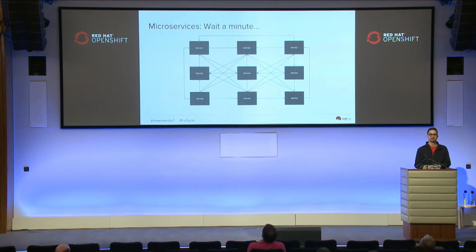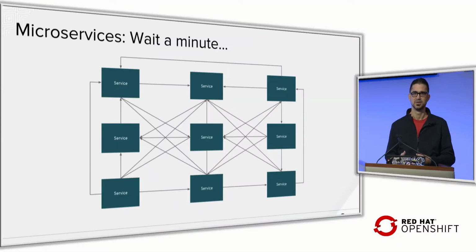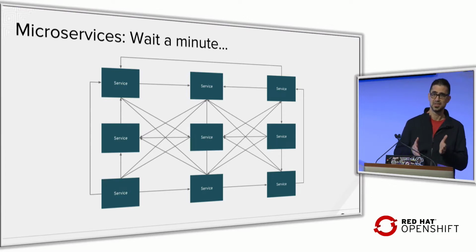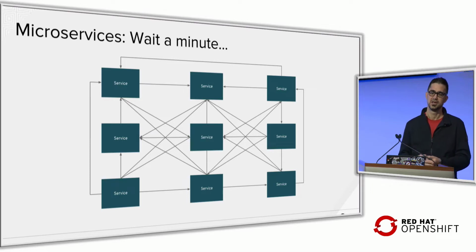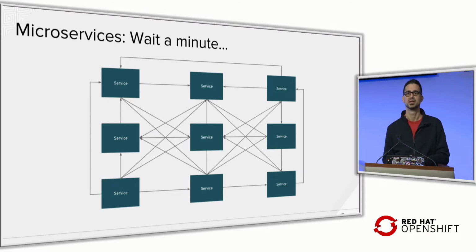But now wait a minute. What is happening? With this new explosion of microservices, we are creating a lot of new components that need to communicate with each other over the network. Just to give you an example, in one of the meetings with some customers in my country that is planning to deploy a new architecture, they told us, okay, we are planning to move from 300 applications in our systems to more than 7,000 new microservices. So that is a lot of new communication between components.